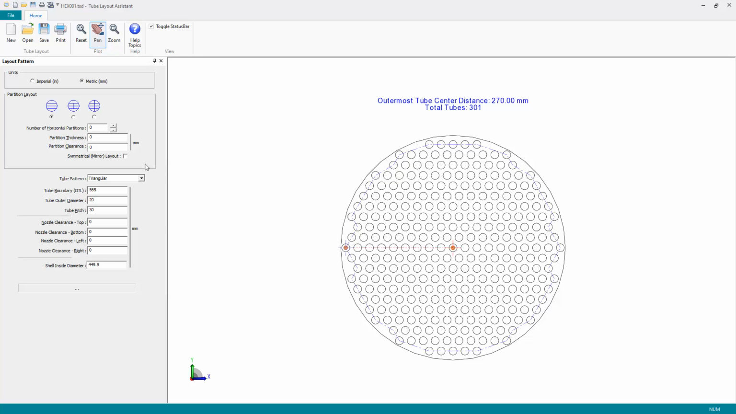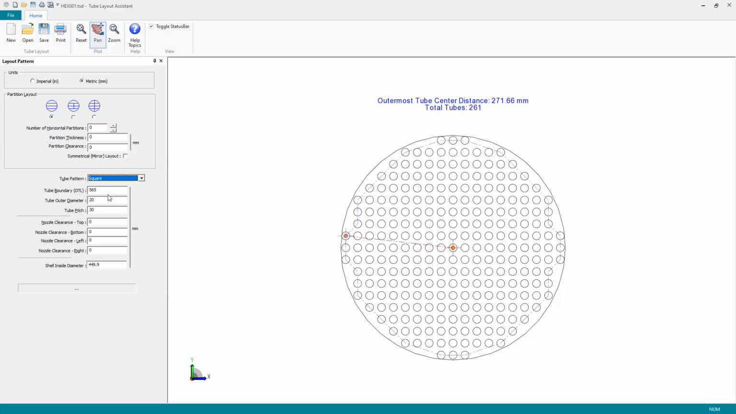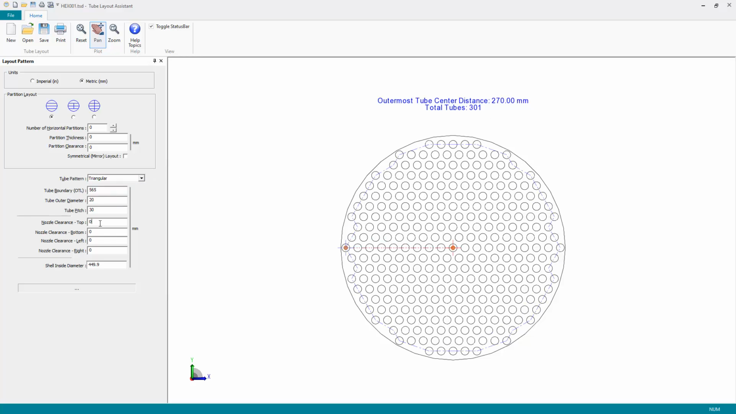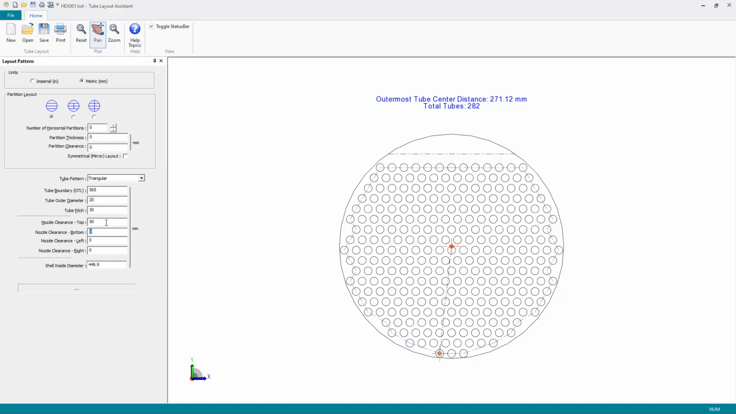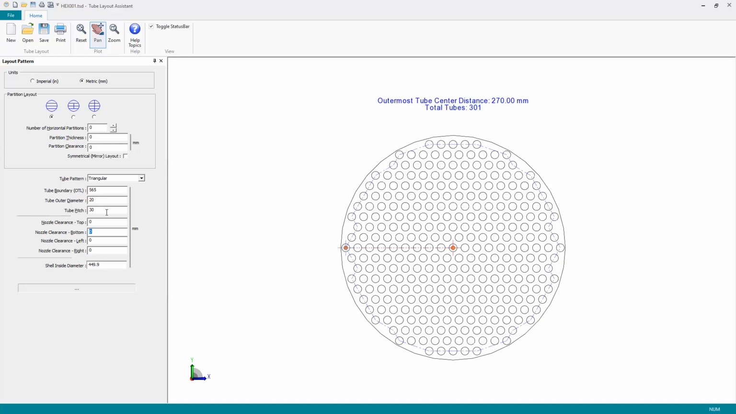With the triangular layout, this gives us 301 tubes. Of course, you can try other types of layouts, a square layout for example, but that only gives me 261 tubes. If you have nozzles, you need to provide clearance for the nozzles. You can add distances here, so maybe I need to add in, let's say, 50 mil clearance for a nozzle on top. Again, that would reduce the space available and thus reduce the number of tubes, and so on and so forth. But I'm going to set that nozzle clearance back to 0, and I'm going to stick with my 301 tubes